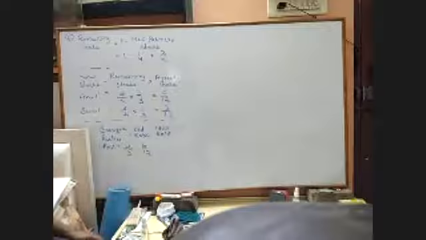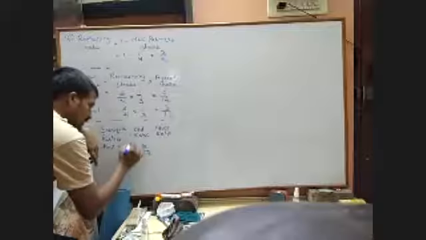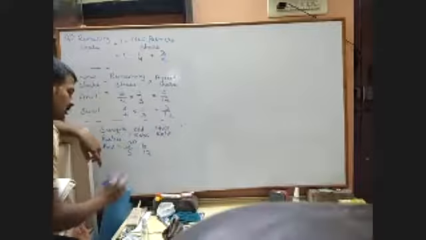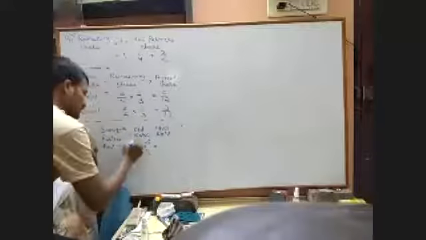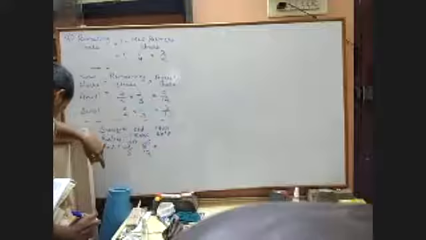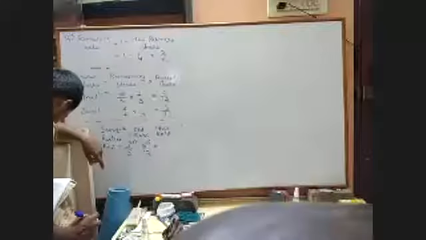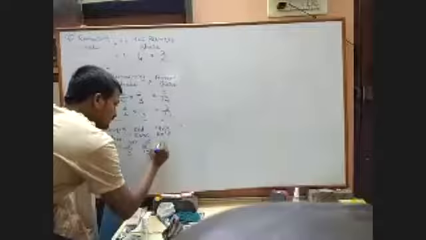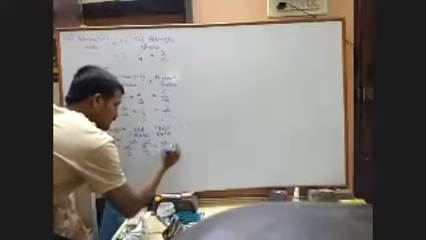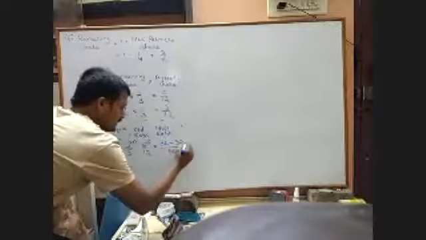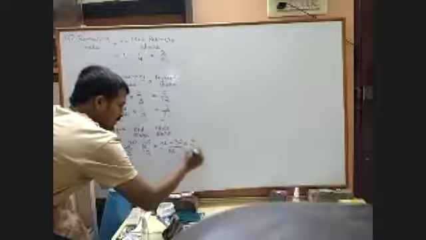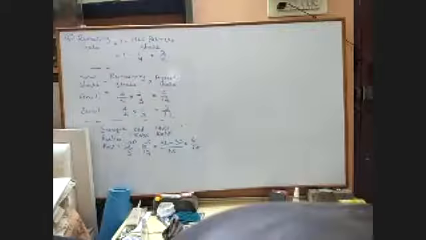So if you take LCM of 5 and 12, it will be 60 because they do not appear in common table. So it will be 5 12s and it will be 12 5s. So it will be 12 3s are 36 minus 6 5s are 30 divided by 60. It will be 6/60. The next is Sunil.